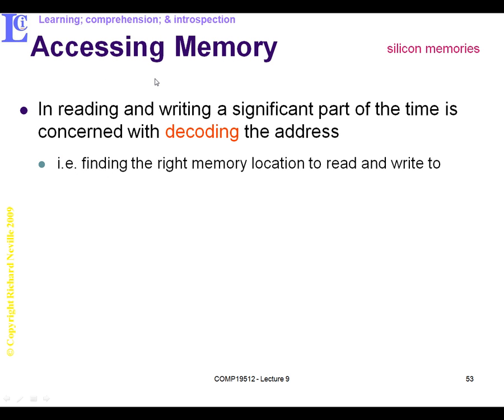So how would we access this memory to decode a block of memory? We're going to read and write a specific address, and what we're really concerned with is that a significant part of the time is spent decoding and finding the address in the memory. So it's decoding that address at the chip side, the memory. So what we've got to do is find the right memory location to read or write to, and this takes